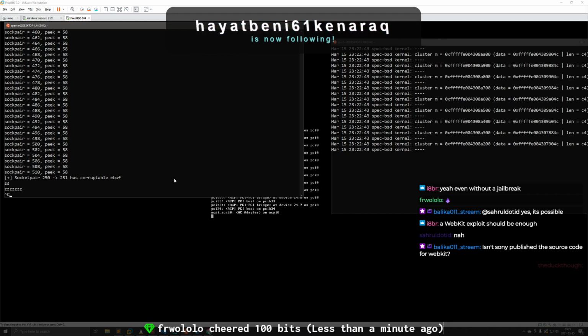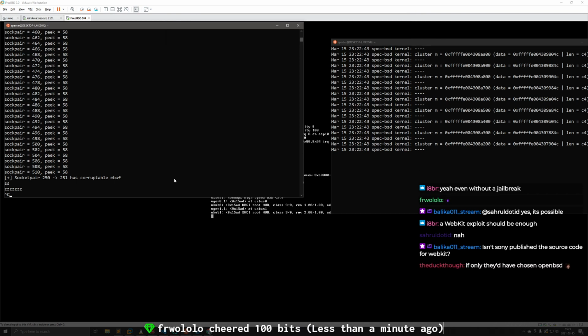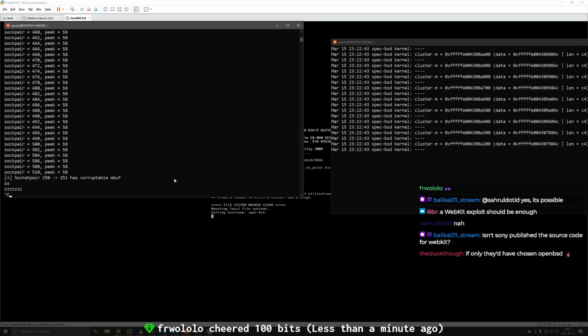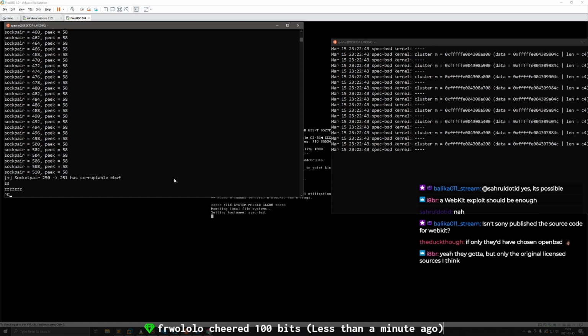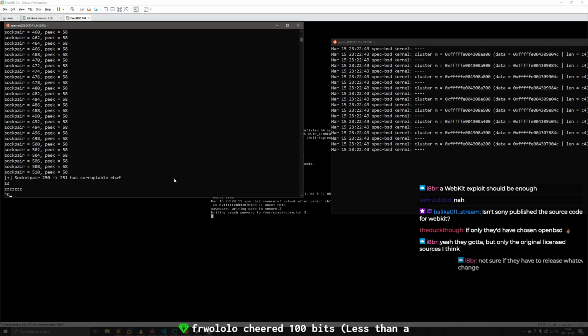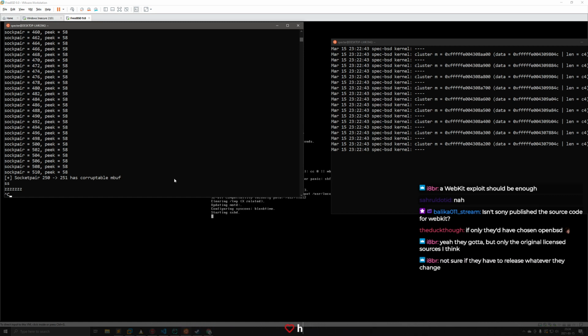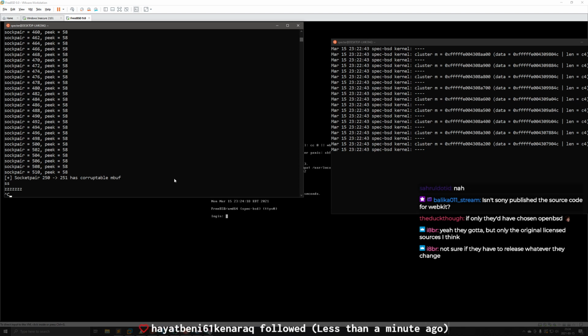Hasn't Sony published the source code for WebKit? The source that Sony uses for WebKit is public. By license, they have to disclose changes. It's on their open source software page. I'm pretty sure they intentionally make it broken, though. If you actually try to build the WebKit that's on Sony's OSS page, it won't build. You'll get compile errors. I think they try to be sneaky and make it so that, hey, we've disclosed the source, but good luck actually getting it to build, because we've broken it in ways that don't violate the license, but it's right on the edge. I'm suspicious, we'll put it that way.